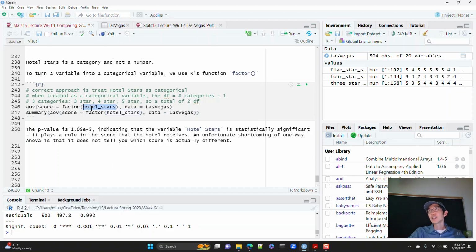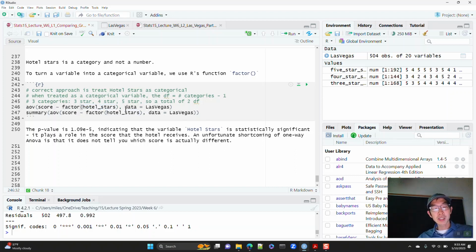If you leave it as 0, 1, 2, 3, then the way R is going to treat that is 3 is 3 times bigger than 1, and 2 is twice as big as 1, which is not how it works. It's just that we have different categories here. So you would have to take that variable and turn it into a factor, a categorical variable. Again, depending on your data, you might need to do something like this.